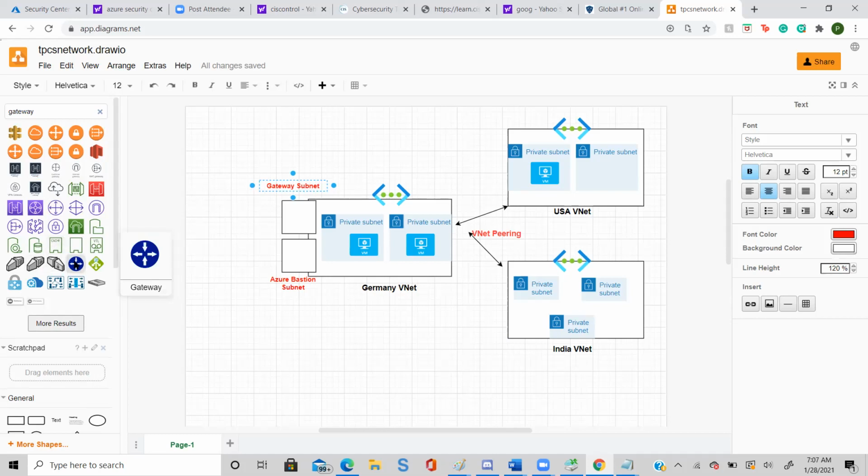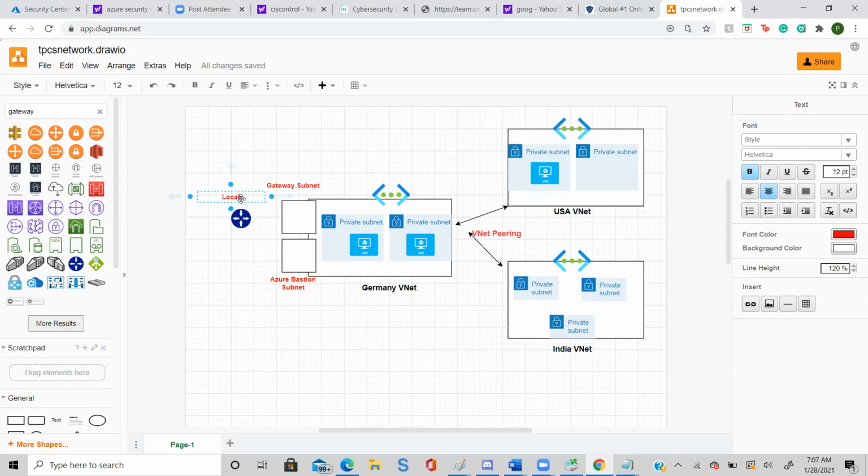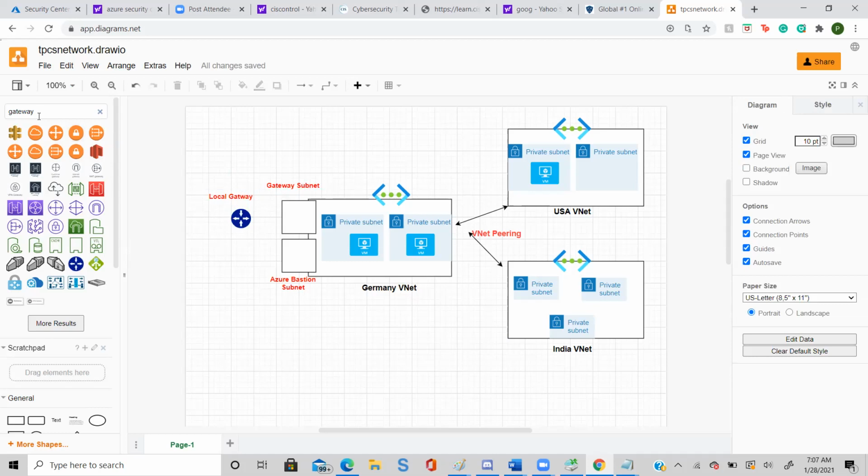Now I am going to connect this gateway subnet with my local gateway. So I have to configure one gateway subnet, then I have to configure a local gateway.